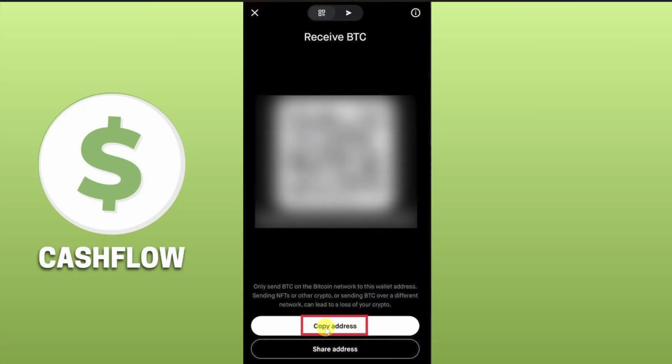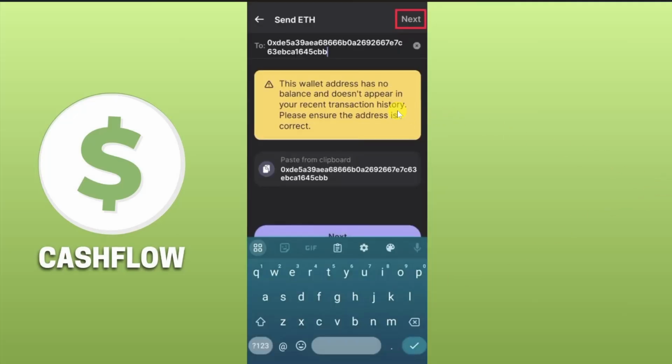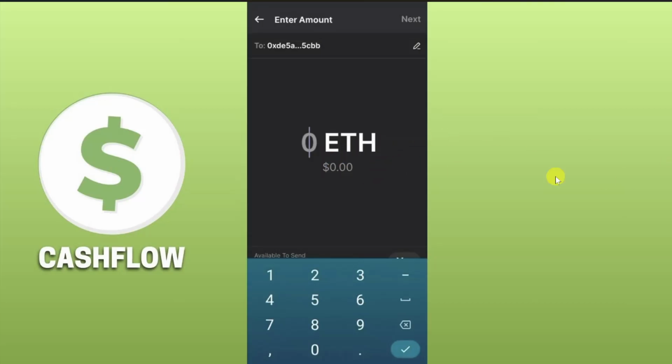Click on this copy address button and then go back to your Phantom wallet app and then paste the wallet address in this area. After that click on next and then just enter the amount how much you're going to transfer and then click on next and then it will ask you to confirm this transfer request, and once you do that your money will be withdrawn from your Phantom wallet to your